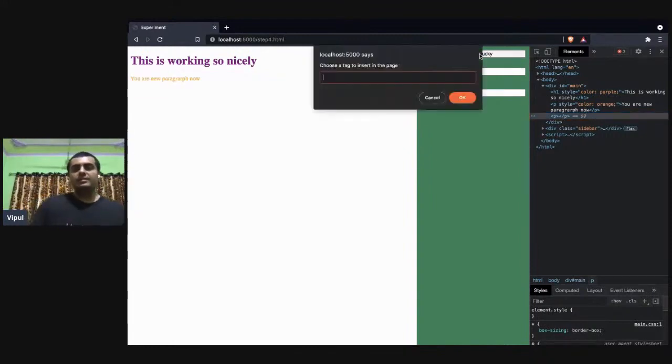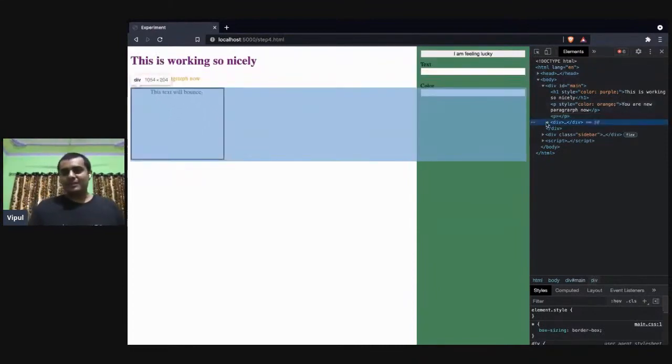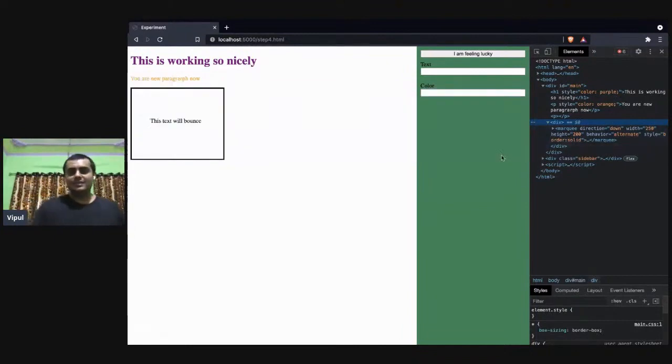And the funny part is it's not limited. I added an Easter egg. If you type div and press enter, it adds my favorite tag in the DOM, and it does this. It creates a bouncing tag, and this is pure HTML, done by my favorite tag, marquee. If you guys don't know this, you are not cool. Cool.